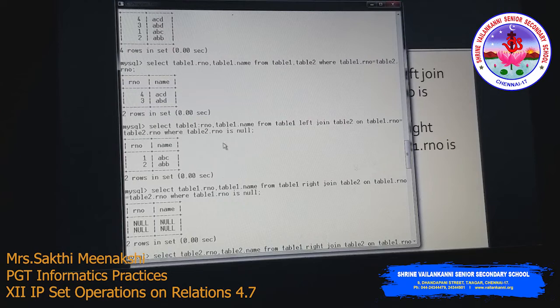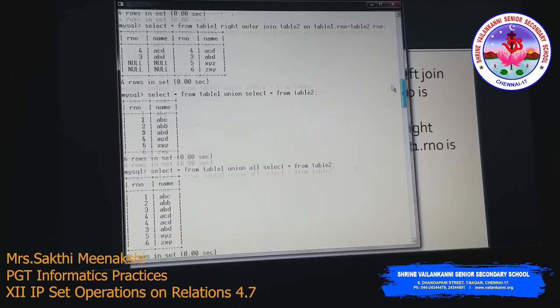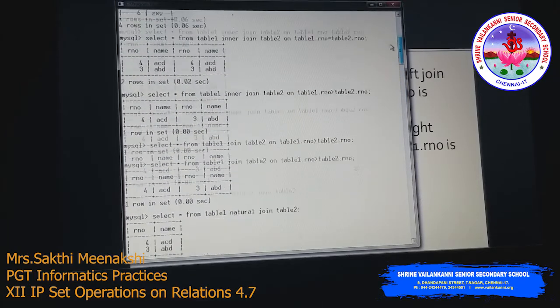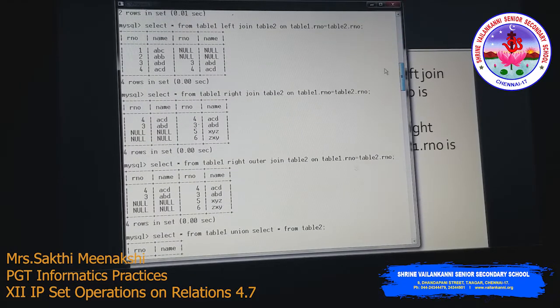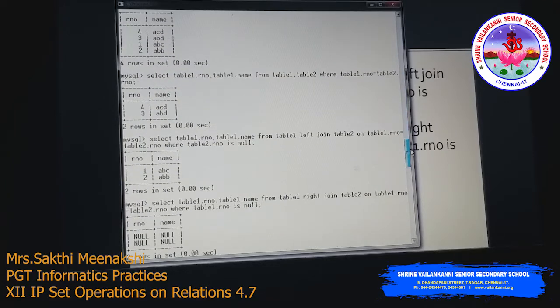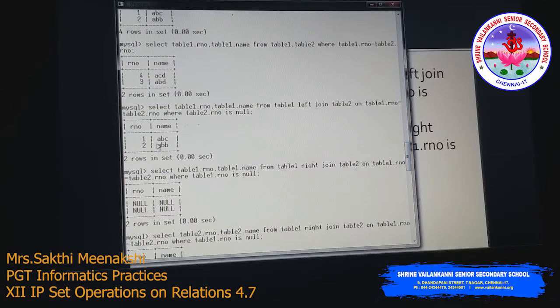The next thing I am doing here is where table2.roll_number is null. Here you can see table 2's roll number is null over here. So these 2 satisfy the condition, and we will get only the result 1 and 2.